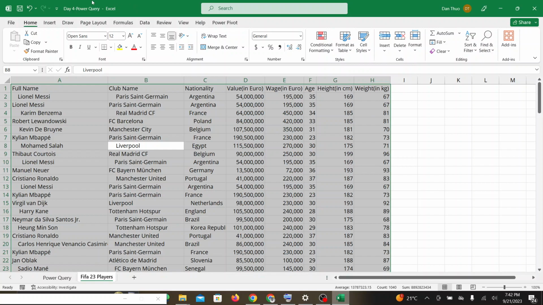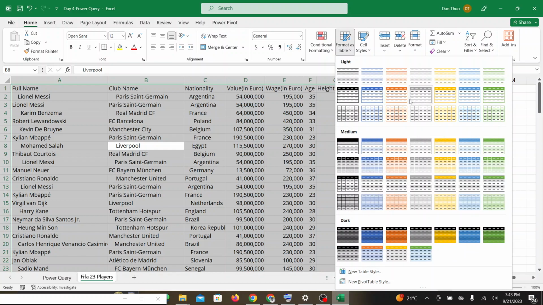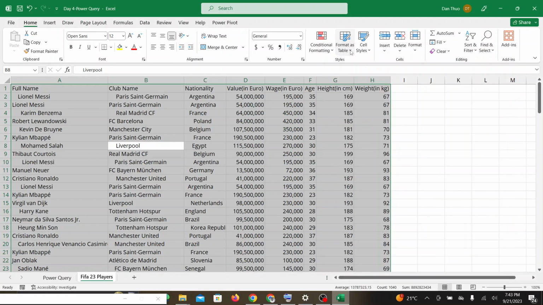So that is one of the methods I talked about yesterday. You can highlight all our data and navigate on our Home tab there to this Styles section here and format as a table and select the style you want. So the other shortcut I said yesterday, so you can,